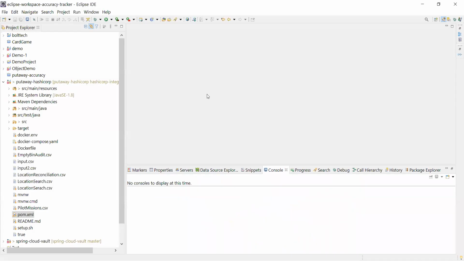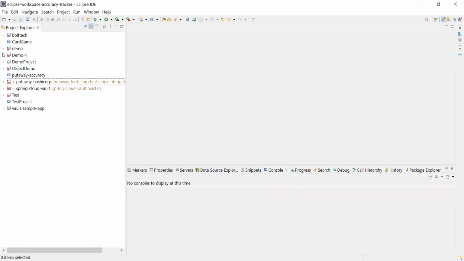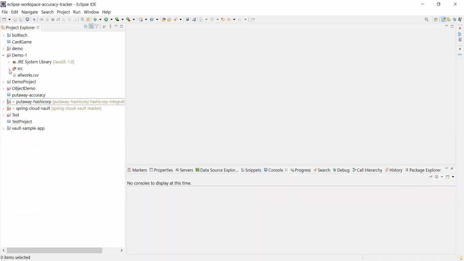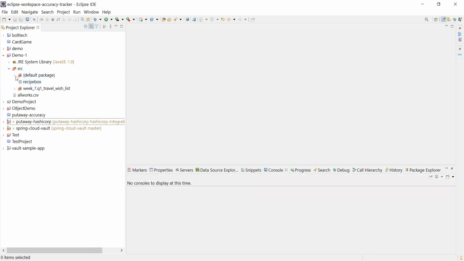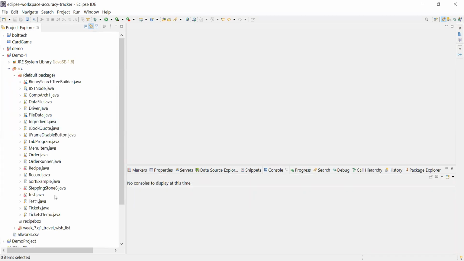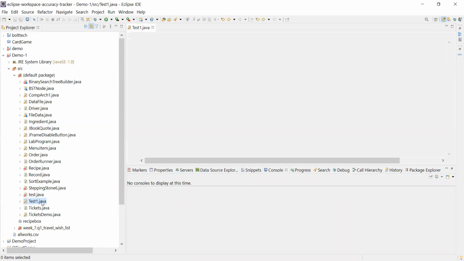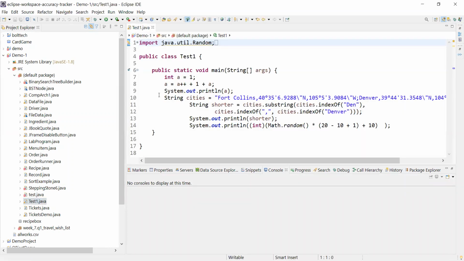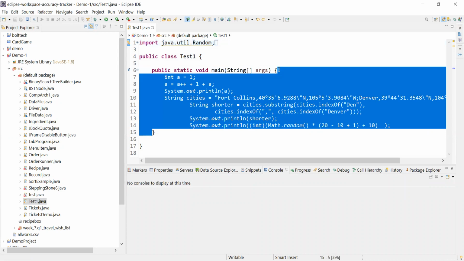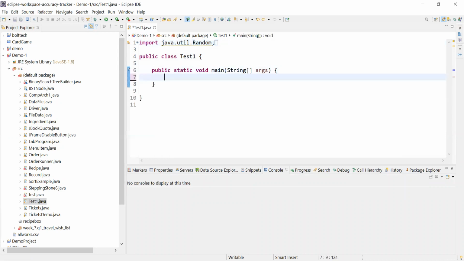So you might see my screen right now. Yeah, it's visible. Okay, so let's say I have this demo 1 project, and in this demo project I have a class test 1. Okay, and I'm just removing this stuff. We have another class, class of student.